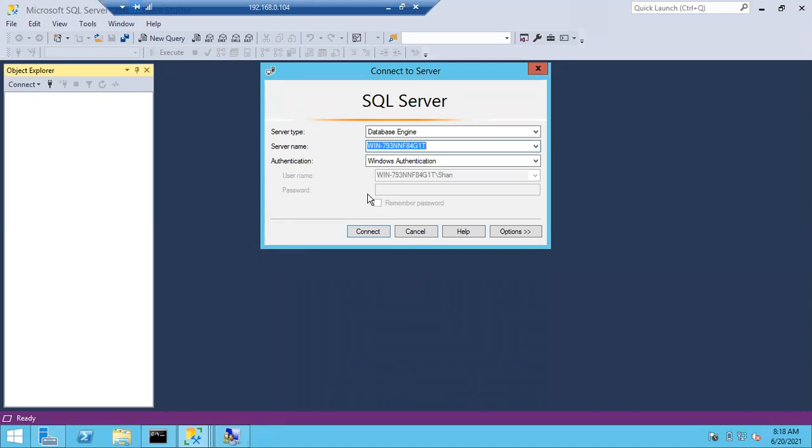A Windows login is created by the DB team in the SQL Server. A Windows user is created by the Windows team in the Active Directory. Clear? Don't confuse here. Once the Windows team creates the Windows user, as a DBA, we create the Windows login. Clear?